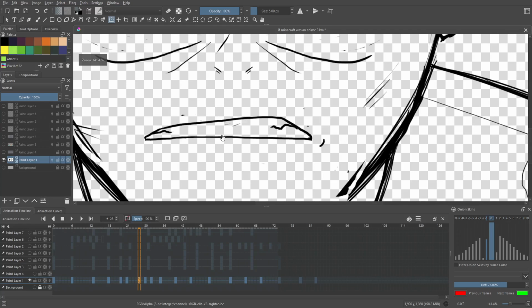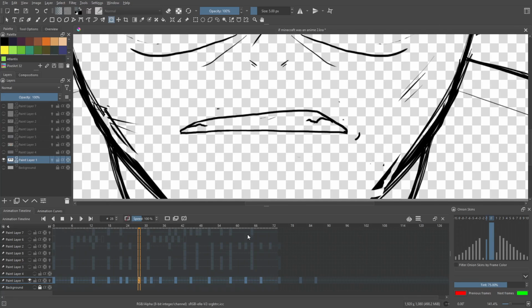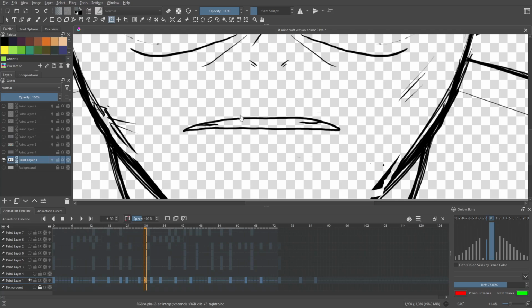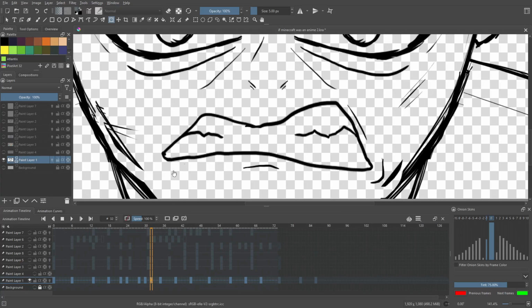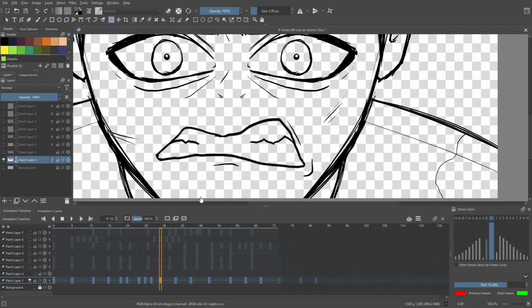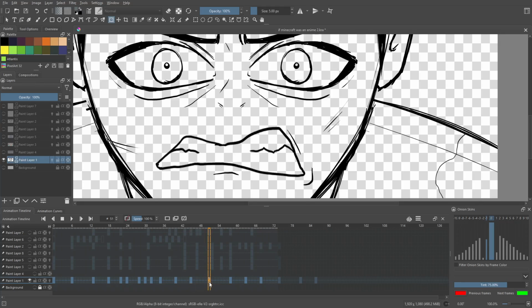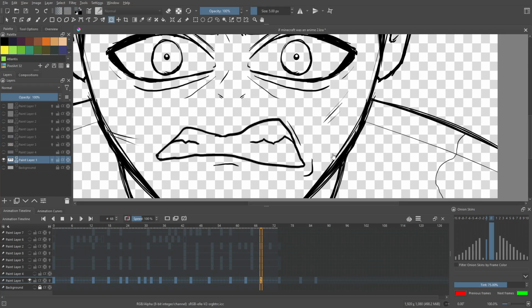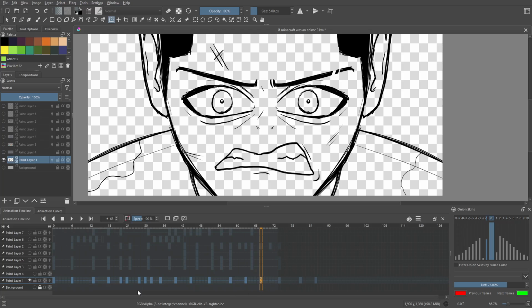Now we've changed. So now the mouth changes a little bit. You just erase that, draw an easy little sketch. Mouth different again, smaller. Back to the original mouth we had. Same mouth, and we're all good. So you can see it's super simple when you break it down like this.